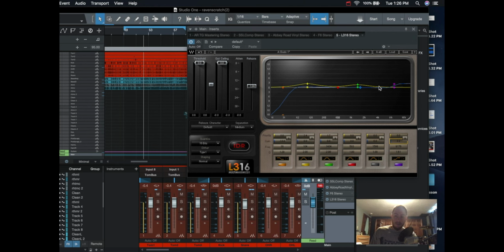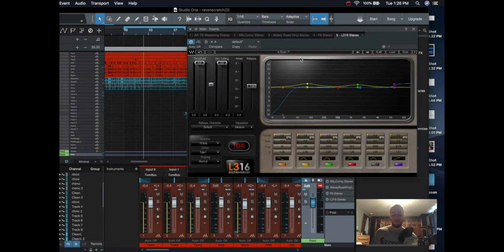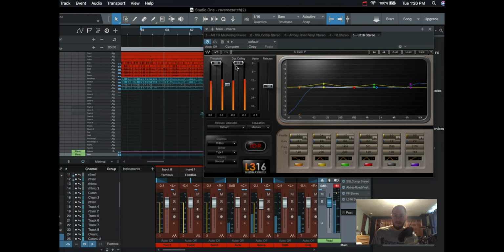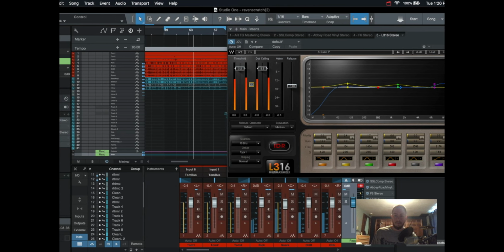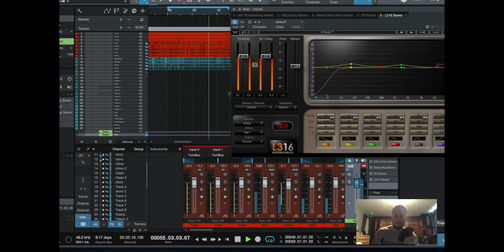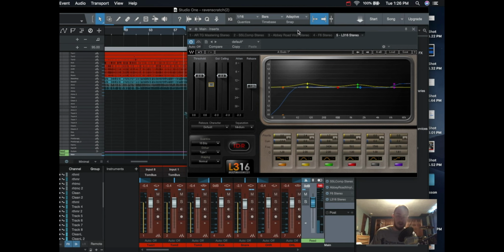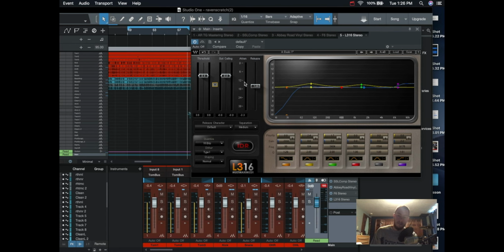Right now you can't actually tell what it's doing because I don't have the threshold set. The only thing you can really hear are my gain areas. So next thing we're going to do is set the threshold. Alright, that's pretty good. I usually don't let it go below 1 dB, and I'll keep the release here at